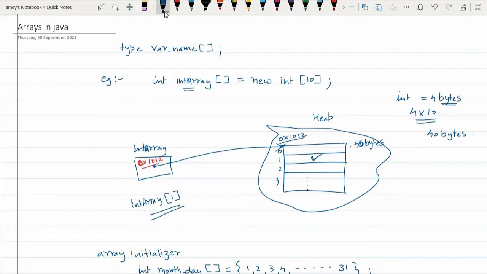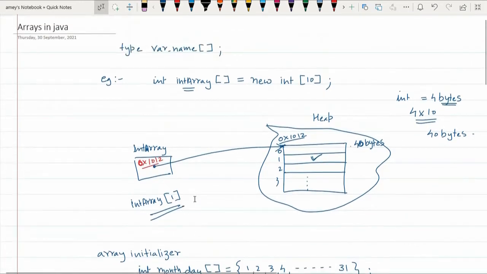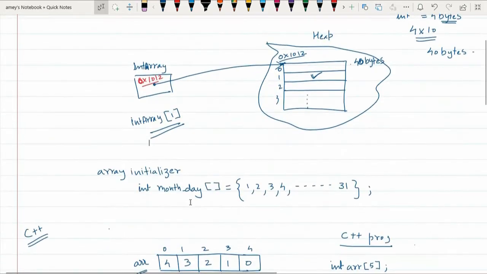So, int array is the reference to the starting location, and with respect to the starting location, the index position 1 element will be accessed. So, this is how arrays are basically created in Java. Any doubt?